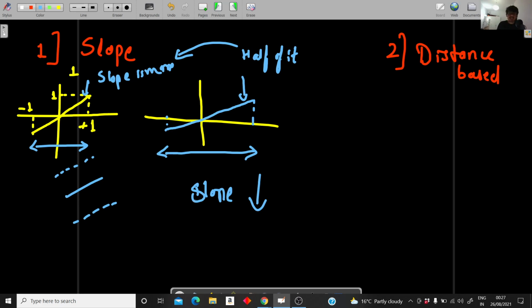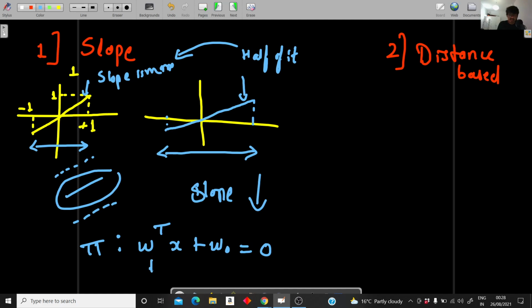In order to do that, we have to find the slope of our hyperplane, this pi, and we know the equation of our hyperplane, and that's why I wrote the equation of a hyperplane. We know this is the equation of a hyperplane, equals to 0. And what will be the slope of this? If you differentiate it, and this will be your homework, find the slope of this line, it will be the norm of W. This is the L2 norm. So this is the slope.